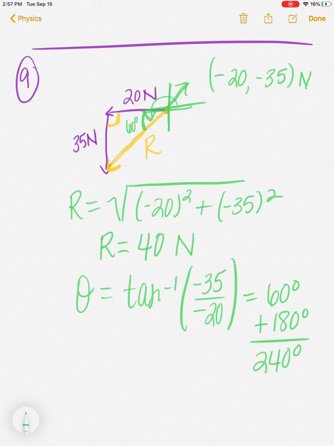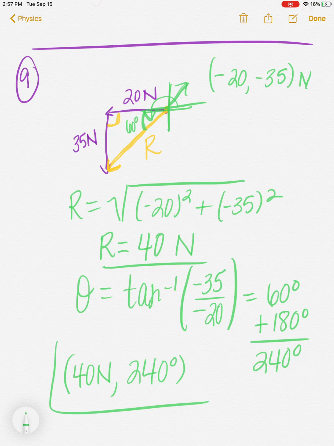So the best answer for resolving this into polar coordinates would be a vector of magnitude 40 newtons as the resultant and an angle of 240 degrees. I hope this helps clarify different ways to express vectors and how to convert from one notation to another. The main takeaways here are to always draw a picture so that you know what quadrant you are in, and then express your angle with respect to the unit